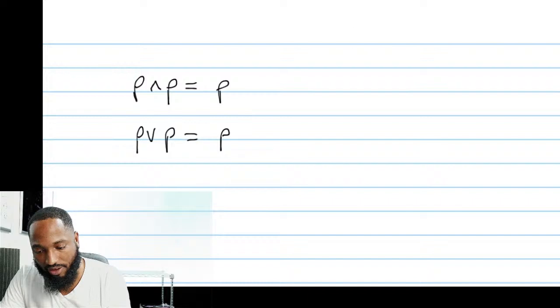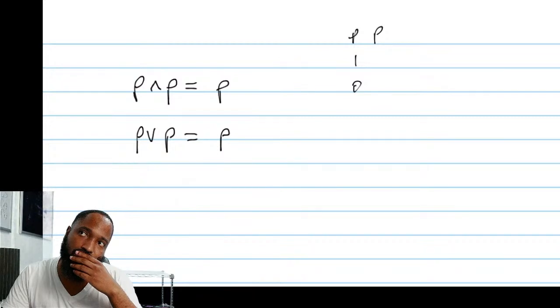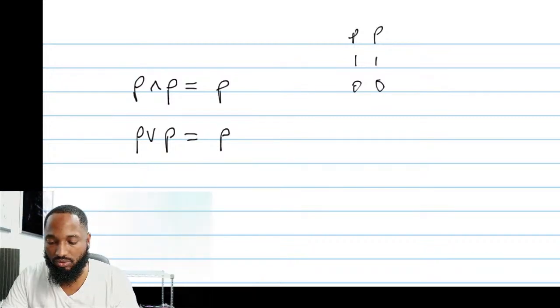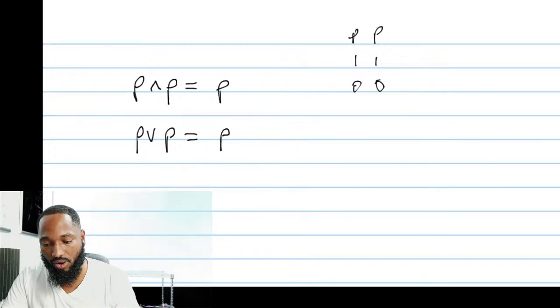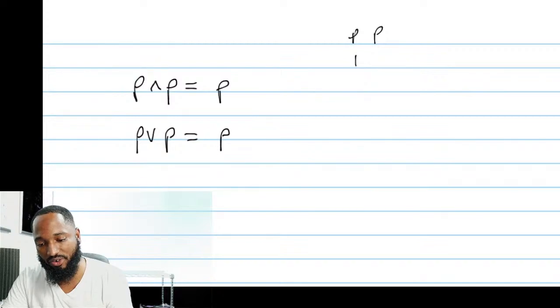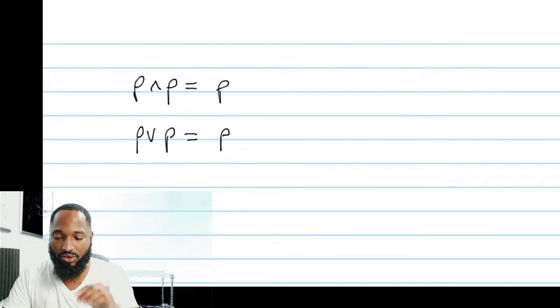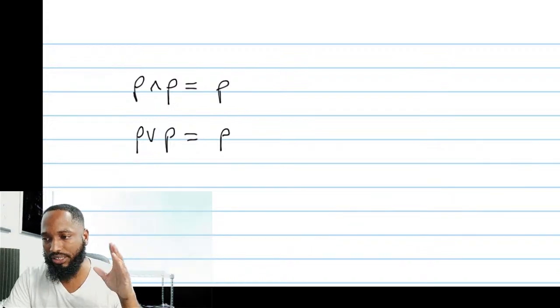If you have P and you have P here, 1 0, 1 0. P had to be the same, right? So 1 0 1 0. P or P will give you 1 0, and P and P will give you 1 0, because both of them are 1 or both of them are 0. The OR and AND don't really get a chance to shine there. I keep using 1 and 0, T and F, in the idempotent law, right? So this is the first thing that normally they tell you. Easy thing.